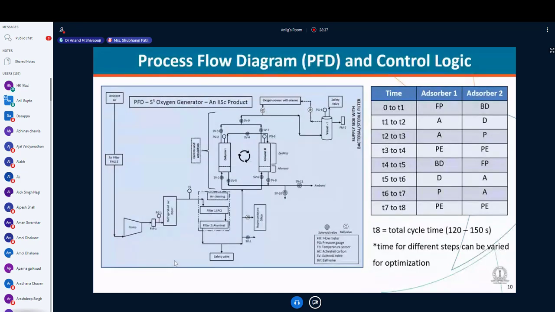At the left top corner of the diagram, you can see that it is the base. It's basically the ambient air. This ambient air is taken through an air filter to eliminate all the particulate matters. So here I have indicated it as particulate matter 2.5. Depending on the specifications of Indian Pharmacopoeia or any other specification, as per the requirement, the desired filter can be placed here. Once the air is filtered, it is taken through a compressor.